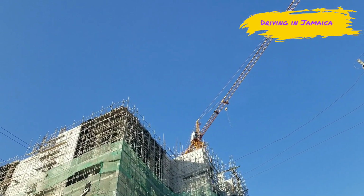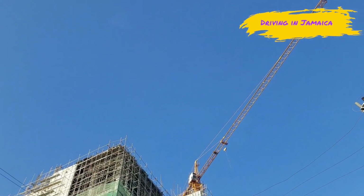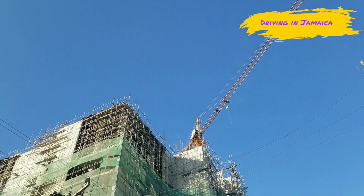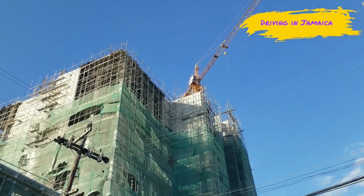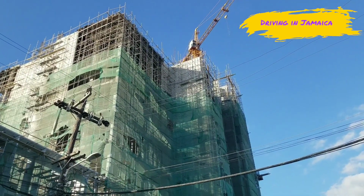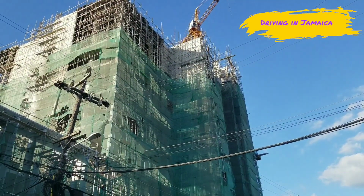Alright guys, so that's an update on the project, and you can see that the building is advanced, and we'll keep you guys updated as to the